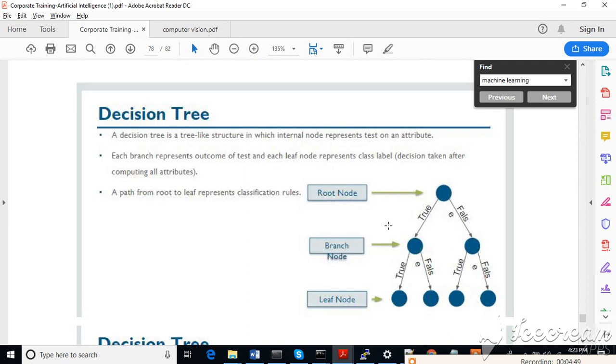This is an example of decision trees. How we have to create a root, a branch, and a leaf node using the source code that will